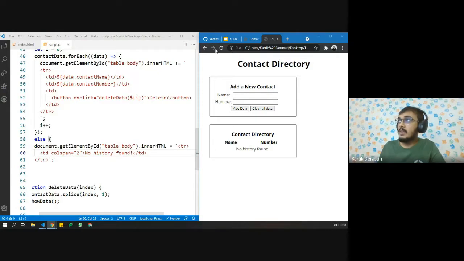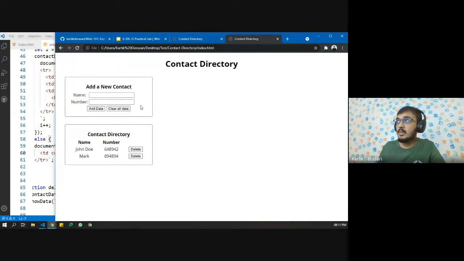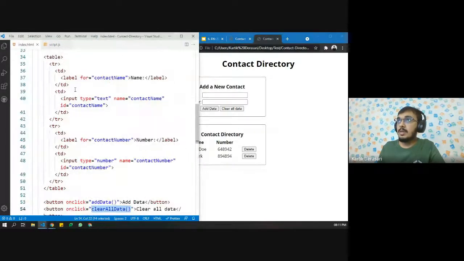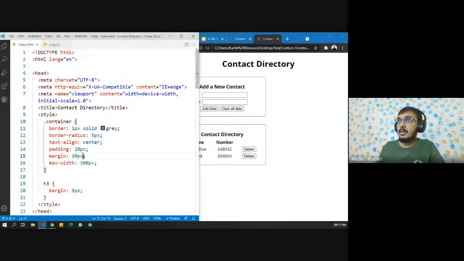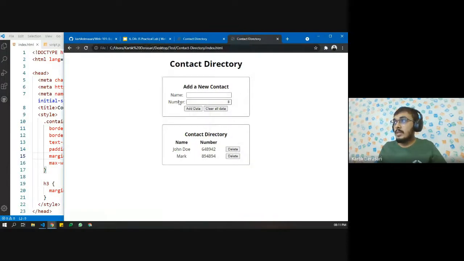For example, if I refresh this page, okay, there's some CSS issue. Quickly fix that. 30 pixels and auto. So whenever we refresh this, any kind of data which we added is going to be refreshed.